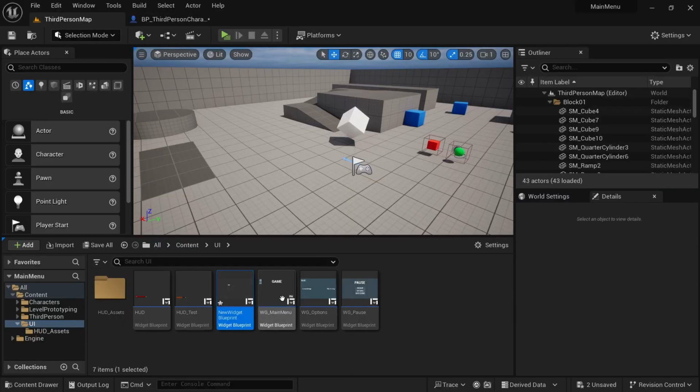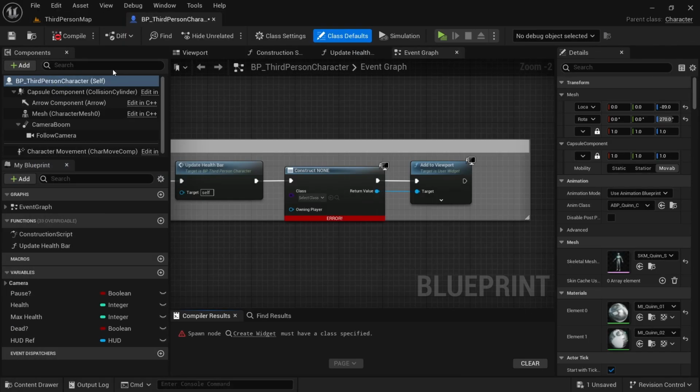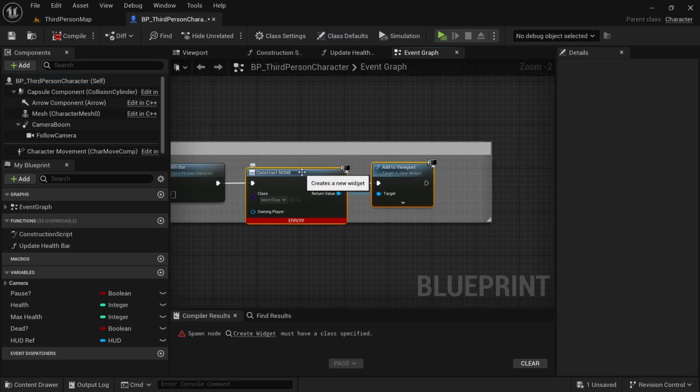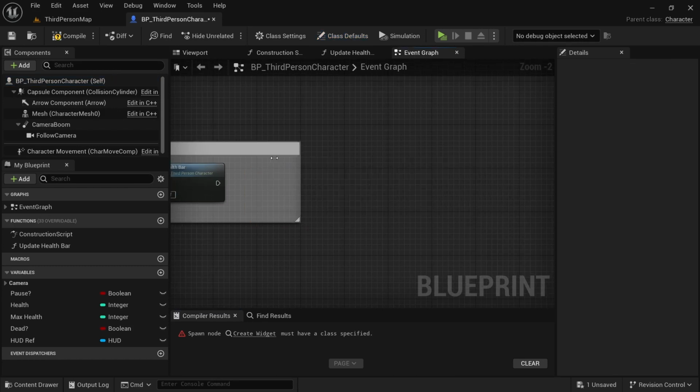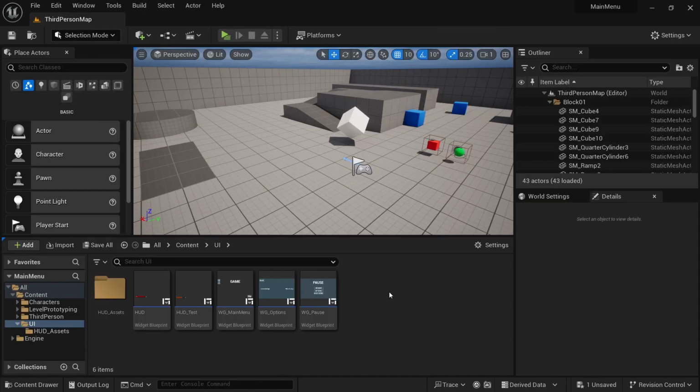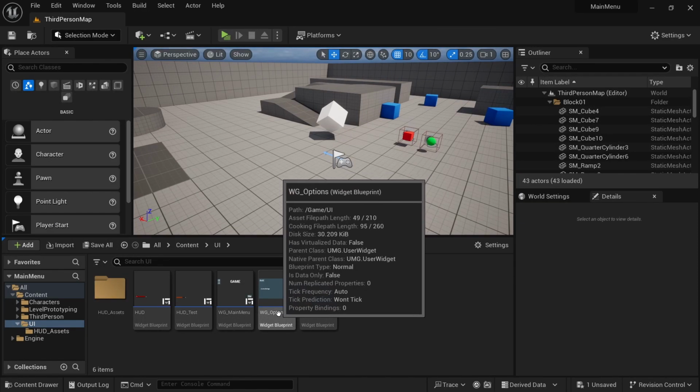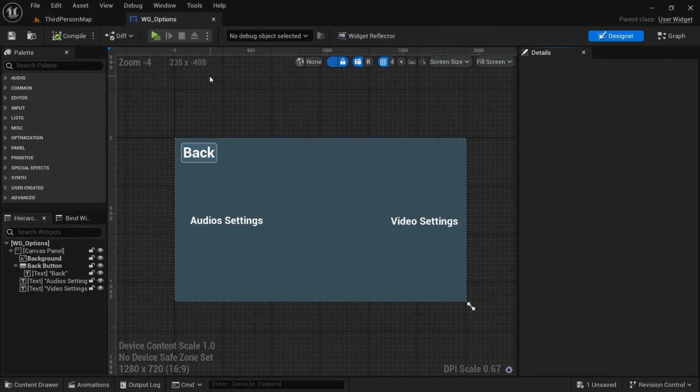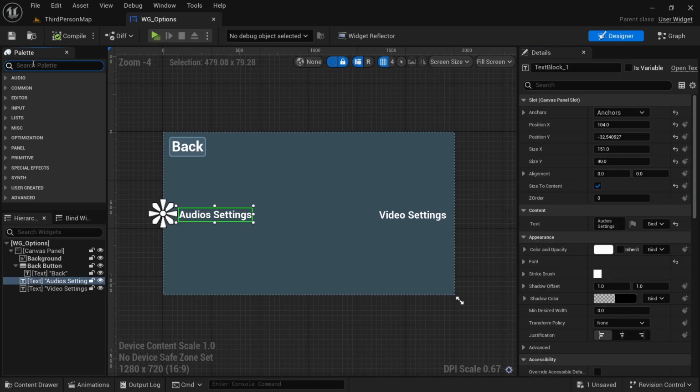However, we've already created one, so I'm just gonna delete this, and then I'm also gonna come back to the third person character, delete that because we don't need that, then compile. So since we have our options widget created already, we can open that up, and first I'm going to get